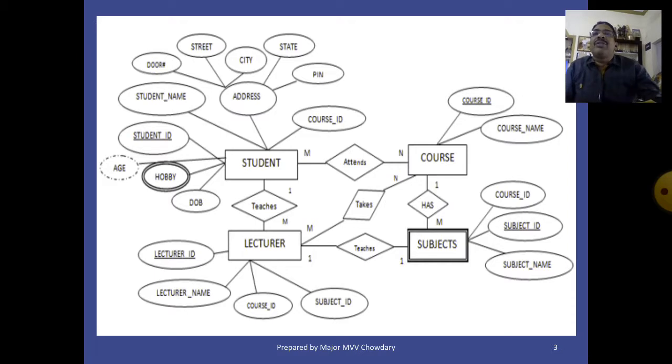Consider the example on the screen. We have student, course, lecturer and subjects. These are the entities.